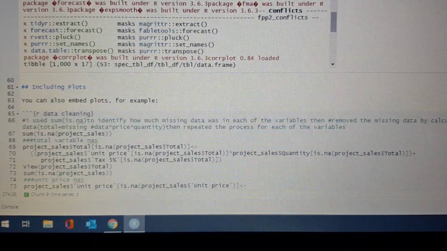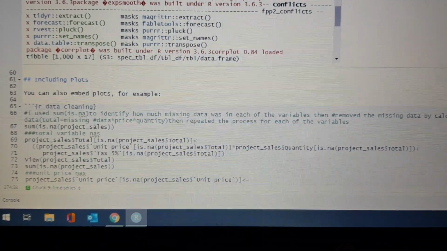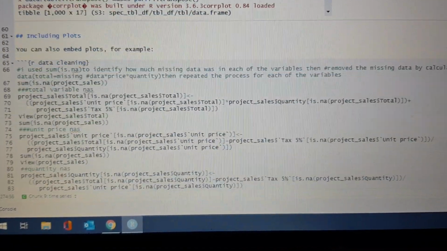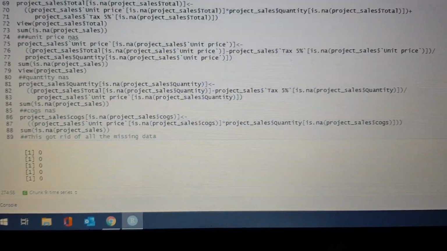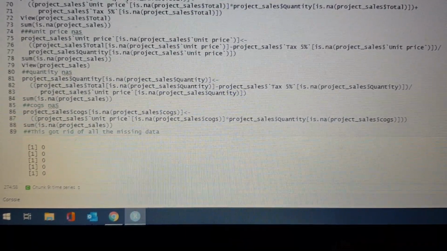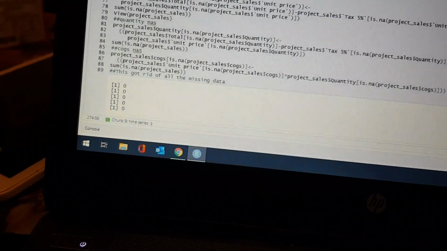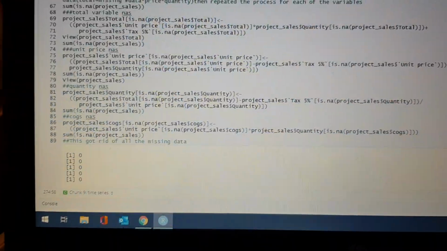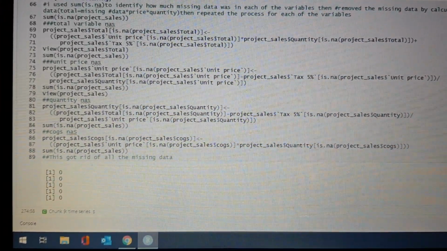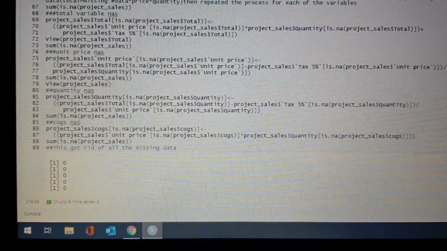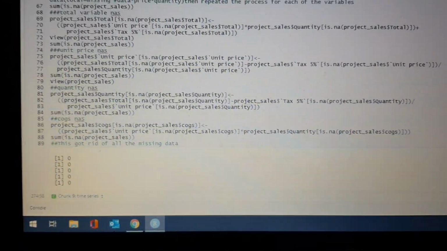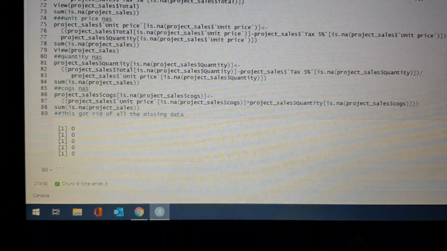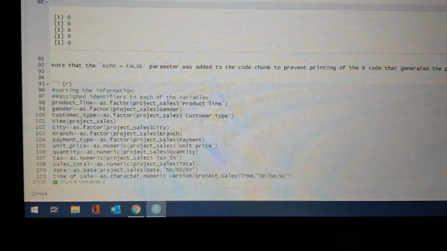Then I viewed it and did the sum of is.na on it to see that all the missing data was gotten rid of. When I got to the bottom, I found that it was 0. So then I went back and did the same for all the rest of the other variables: total, unit price, quantities, cost of goods, and that got rid of all the missing data. Once I was happy that was all gotten rid of, I moved on